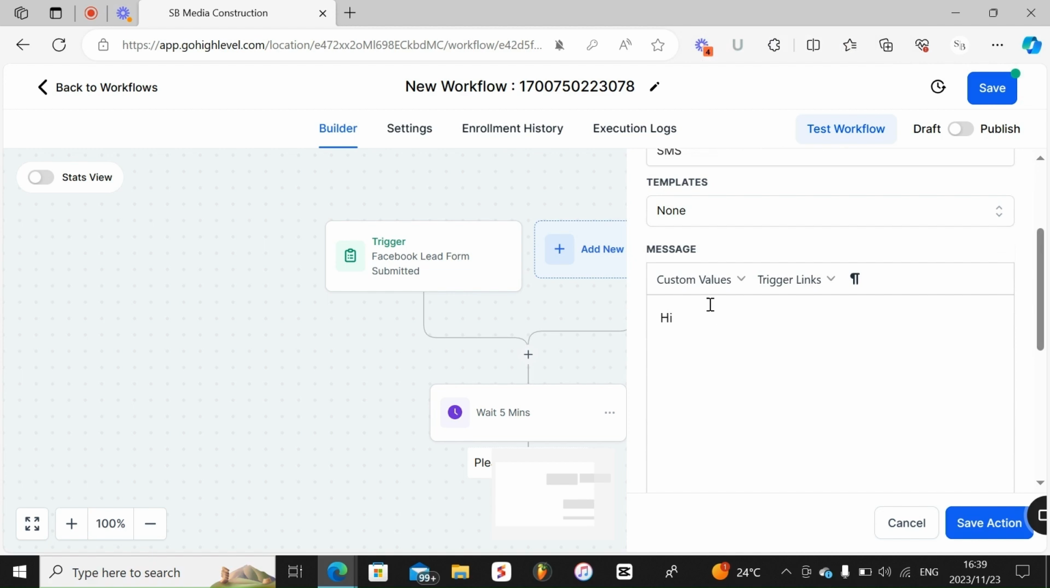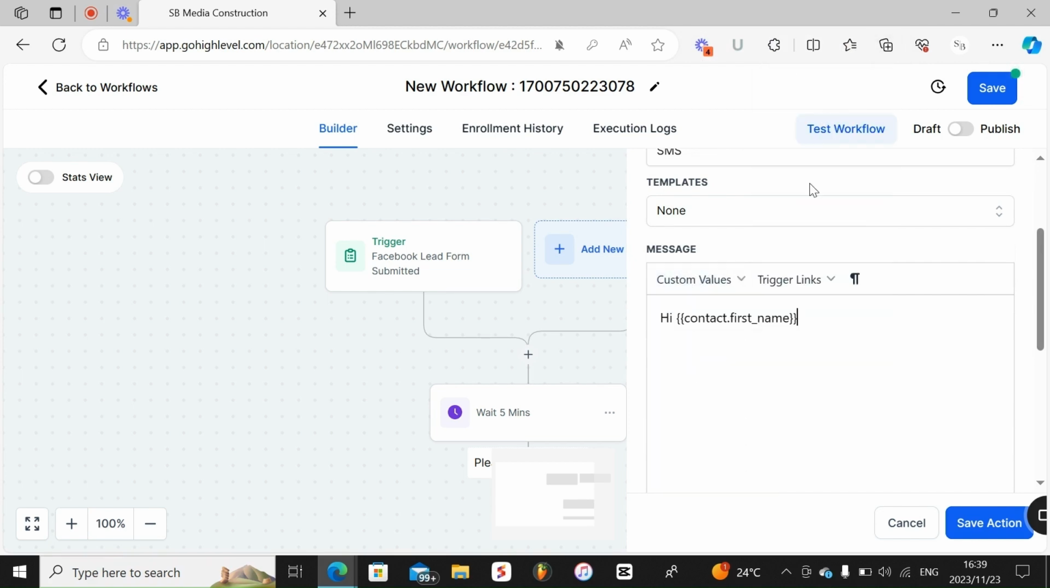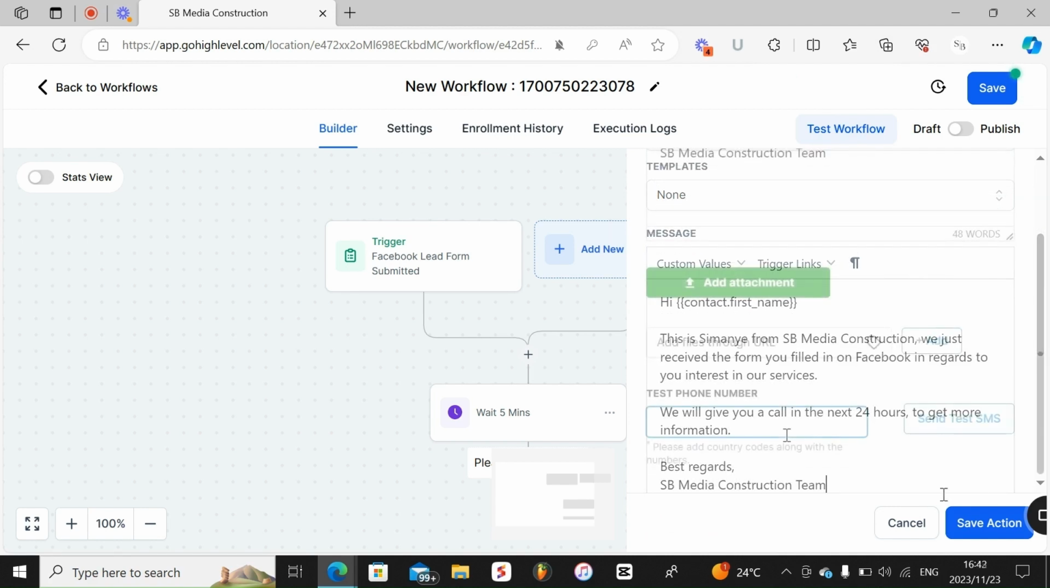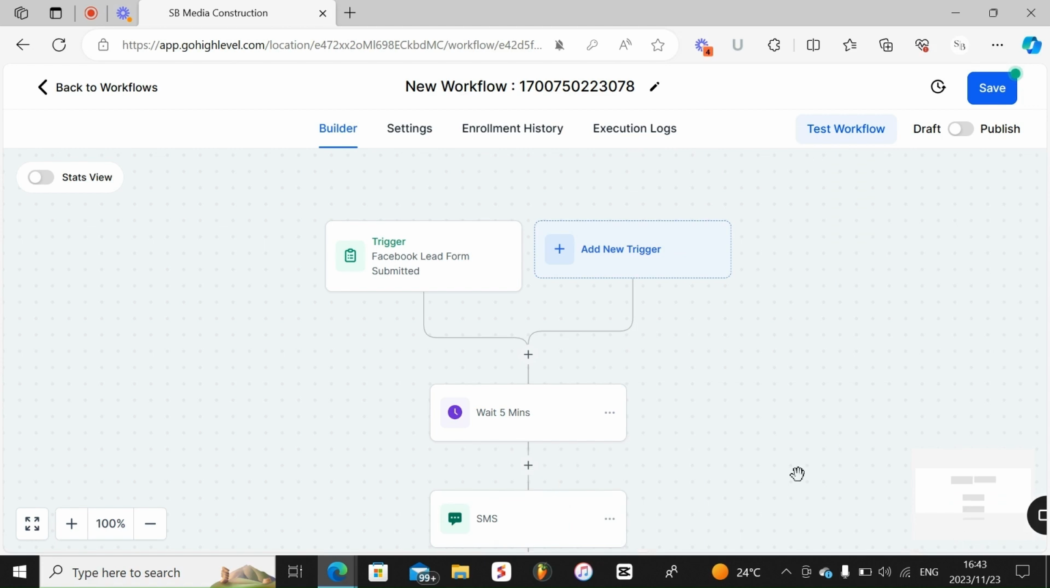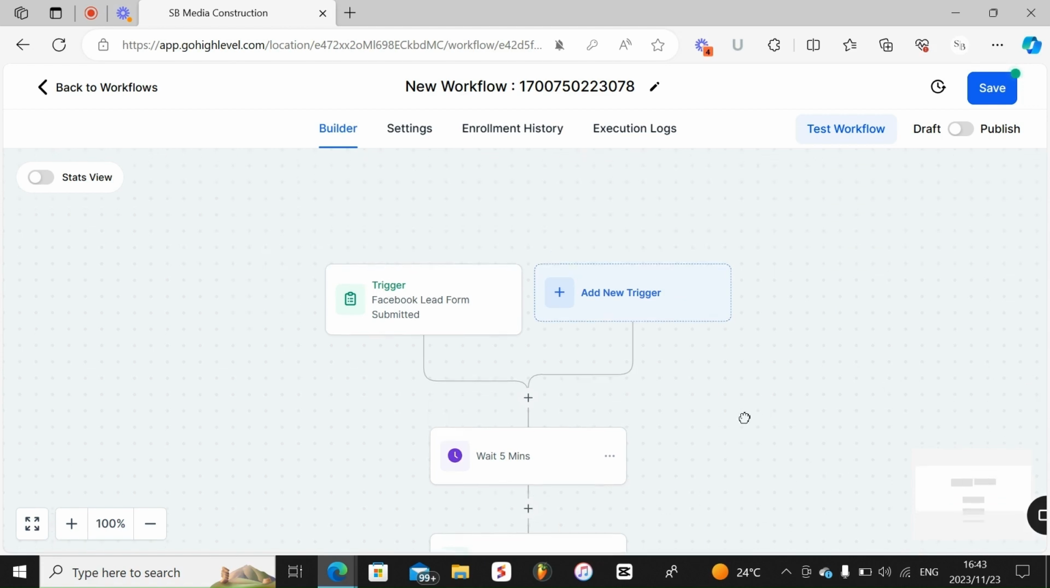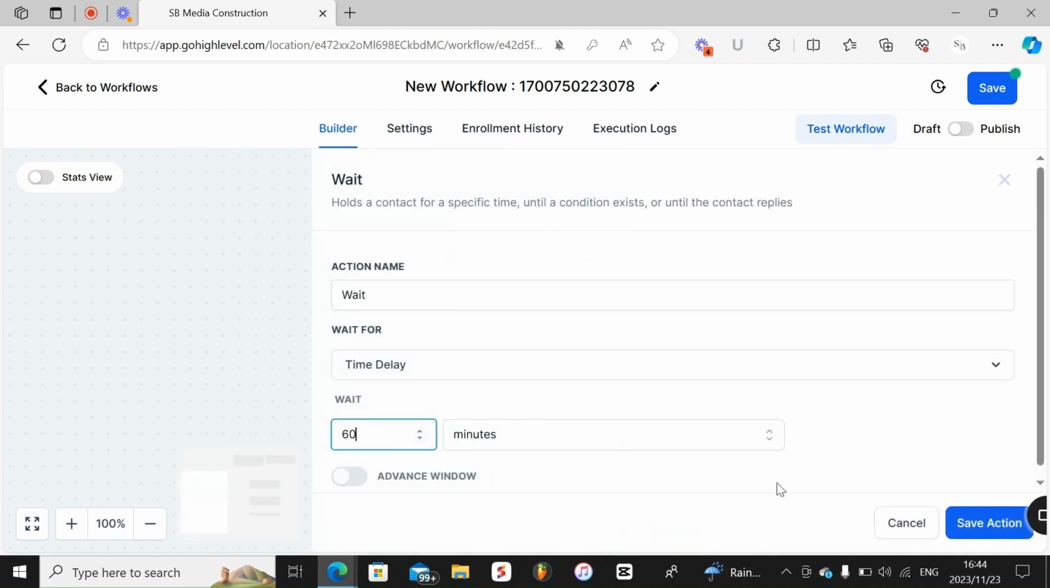So let's say on this template you will say, hi, first name, right? Then let's say here on test phone number, you can put a number that you want to try with, if this SMS would actually work, right? So you can insert your number there and then just test it, right? So it's that easy. Then just save it, right? Now what will happen is, let's say after 60 minutes,